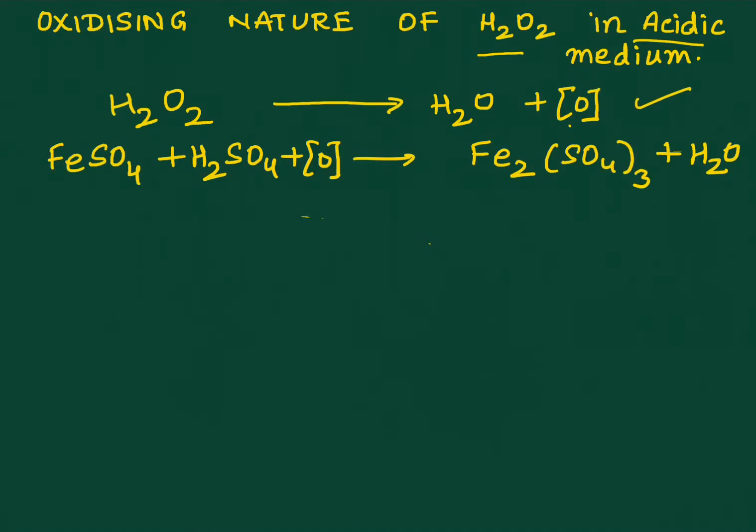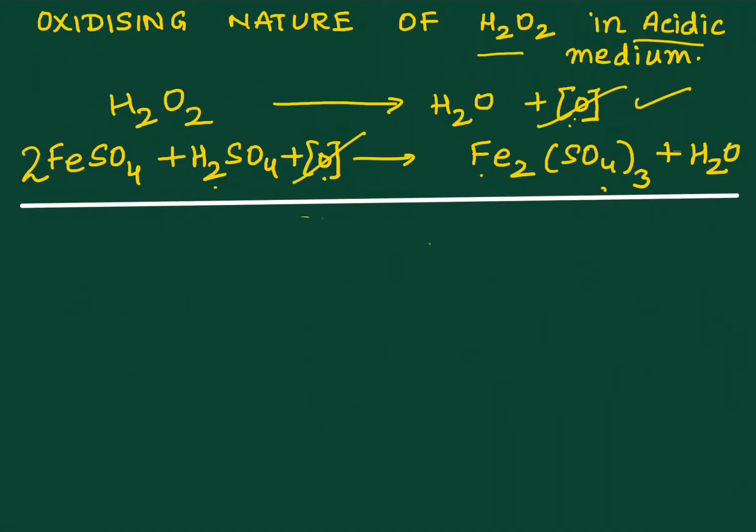So did you balance the two equations? Yes, we will get 2FeSO4 over here. Iron balanced, yes. 2 + 1, 3 sulfate, and then of course we have water. The first equation is already balanced. Now, is the number of nascent oxygen the same in both the equations? Yes, it is. No profit, no loss, right? Then we are going to add up the two equations.